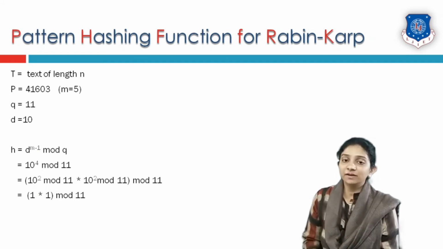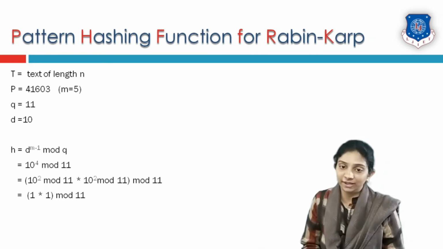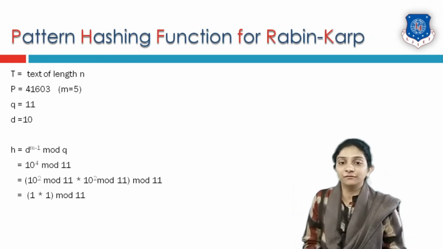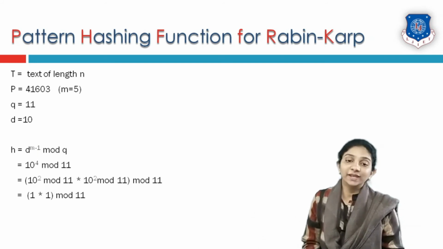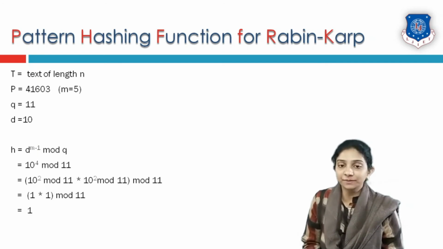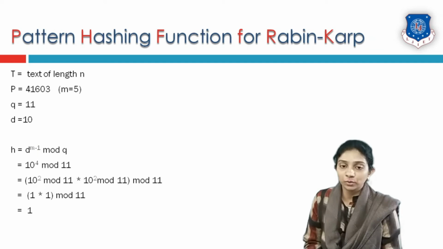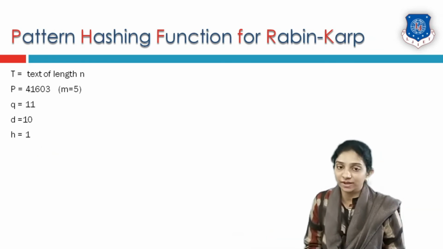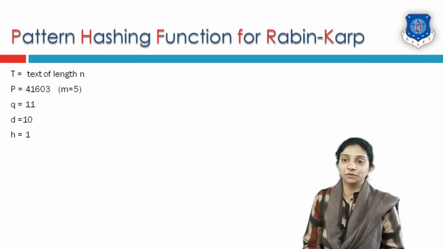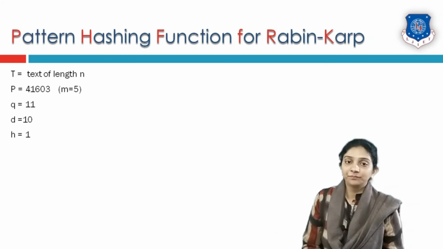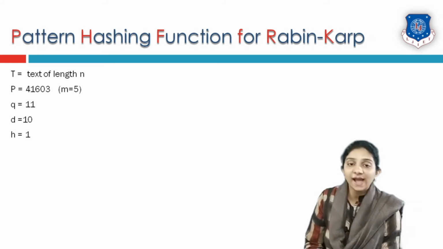So that remainder is substituted for the first term, and the second term is just the replica. So the remainder of the other term will also be 1. So my equation is 1 into 1 modulo 11. If I divide 1 by 11, I will not be able to divide it, so the remainder will be 1 itself. This way we have calculated the hashing function of Rabin Karp. But this is not a hash of a pattern. This is a simple hash.